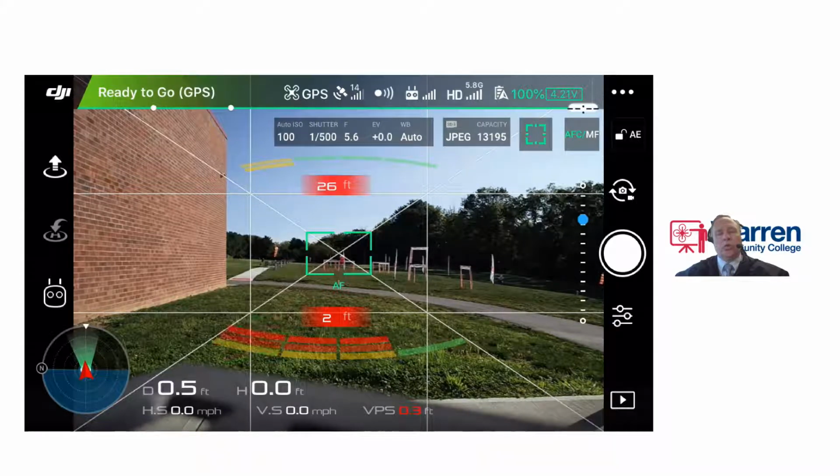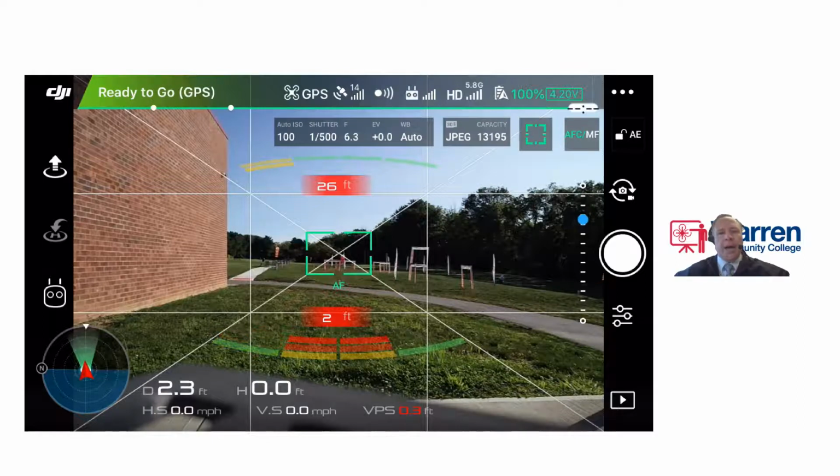The remote control strength. The HD signal strength, letting us know we're on 5.8 gigahertz. We can be either 2.4 or 5.8. Your battery life at 100%. And I also like to have the battery voltage on, and I turn that on, and I'll show you that in a minute. Right on this front screen here, I have lines down mine with some radar on,